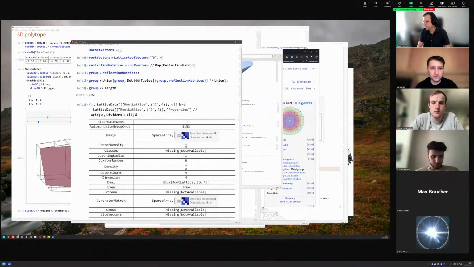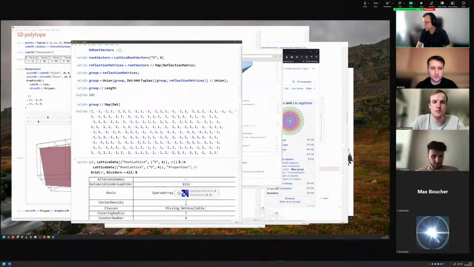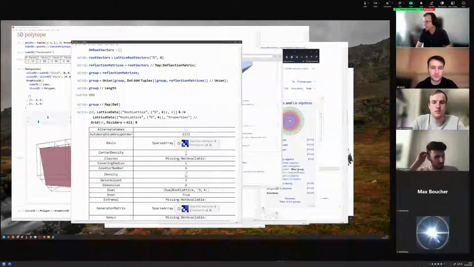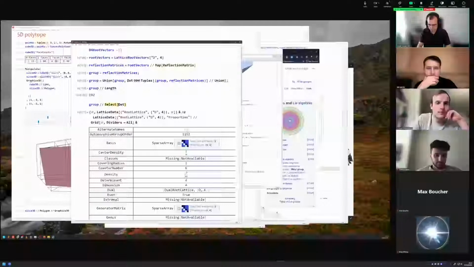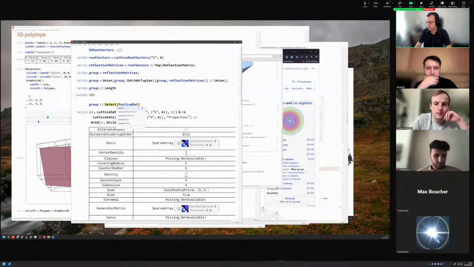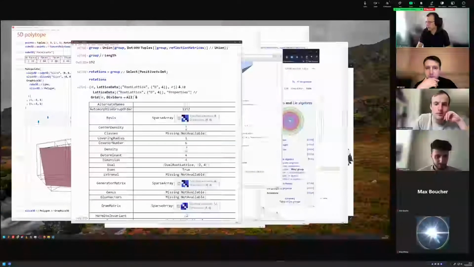Switching out 192. And half those are reflections and half those are rotations. They'll get the ones that are rotations. And oh, that seems pretty boring, but